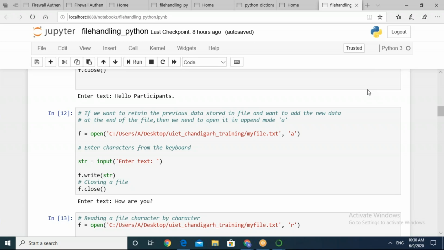In place of W, you can go for A mode, so it is going to append the things at the end of the file. Very good. Those who have done it at their end, response is coming from only 5-6 candidates. So what about the rest of the more than 100 candidates? Are you able to do it or still doing the things?